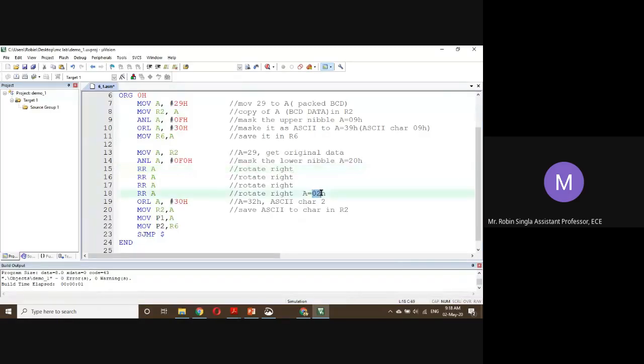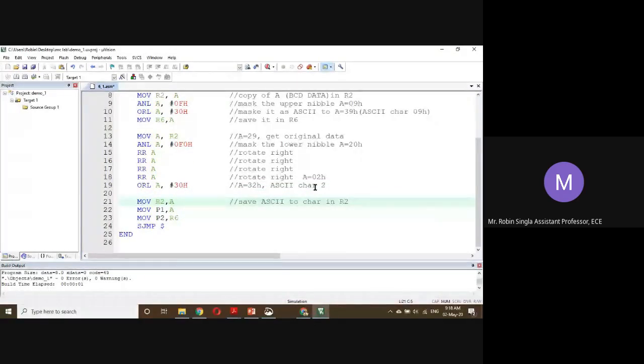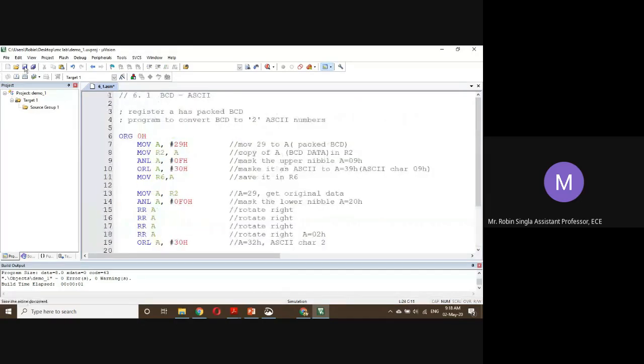The number will become 02 and again OR logic with 30. So it will become 32. So this we will move to R2, and one number, 32, we will see in port 1, and another number, 39, we will see in port 2. Okay, so I will just show you.